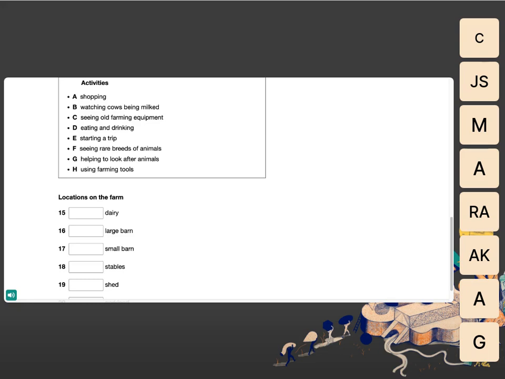Until recently, the dairy was where milk from the cows was turned into cheese. It's now the place to go for lunch, or afternoon tea, or just a cup of coffee and a slice of homemade cake. The big stone building that dominates the farm is the large barn, and in here is our